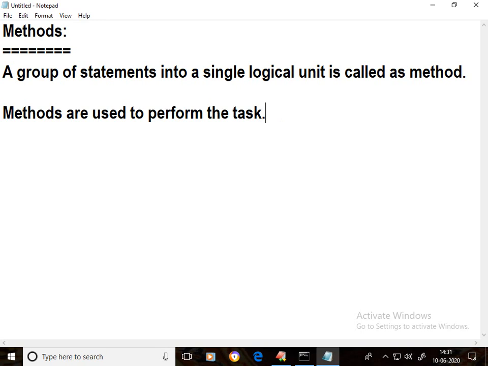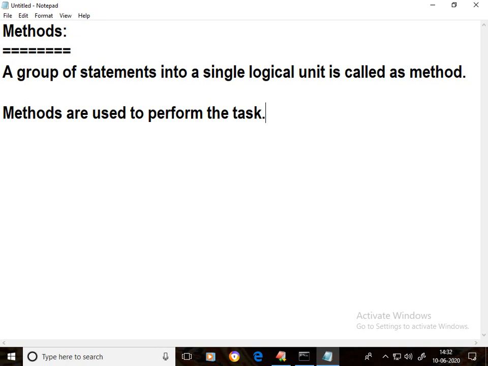For example, printing a welcome message is one task. Calculating bonus salary is one task. Or calculating total marks is one task. Accepting employee information is one task. Displaying employee information on the monitor is a task. This type of task code must be written in a method only. Otherwise, a compile time error occurs. If you want to write the task code, you compulsorily need methods in the Java language.